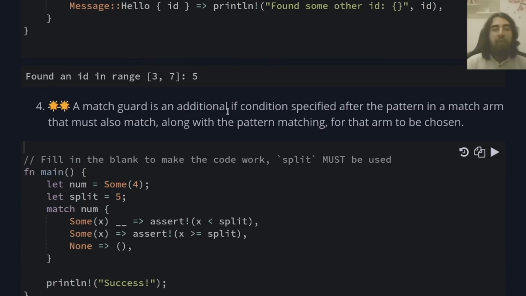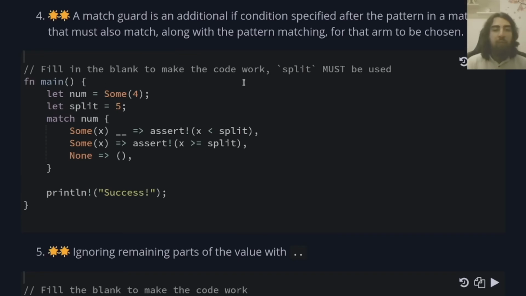A match guard is an additional if condition specified after the pattern in a match arm that must also match along with the pattern matching for that arm to be chosen. Fill in the blank to make the code work. split must be used. All right, as you can see, we have here an Option with an i32 value. Then we have here split,